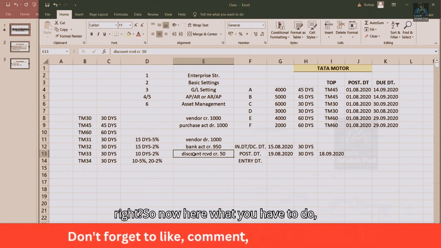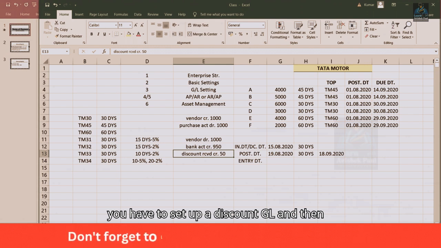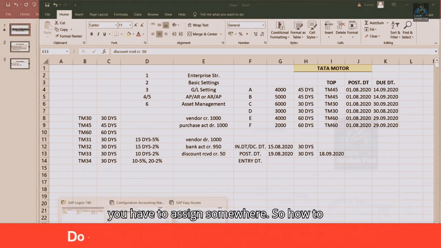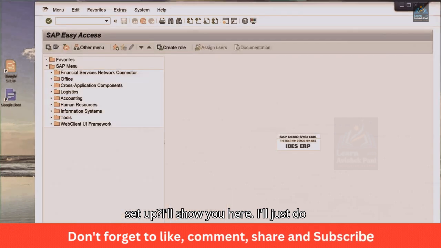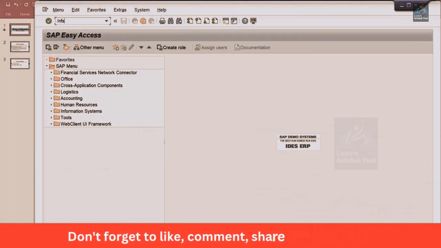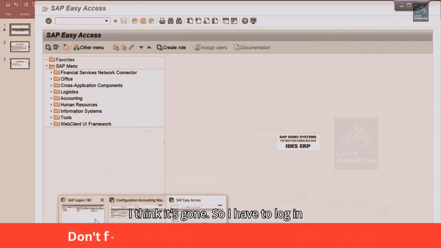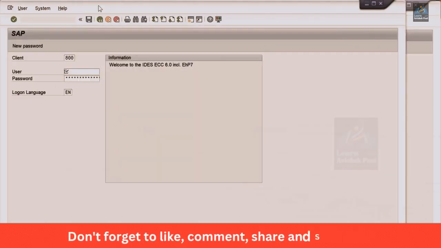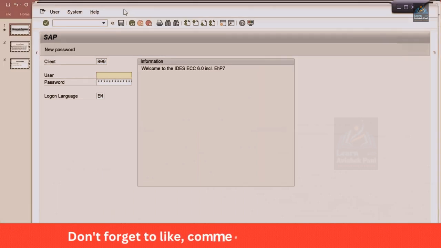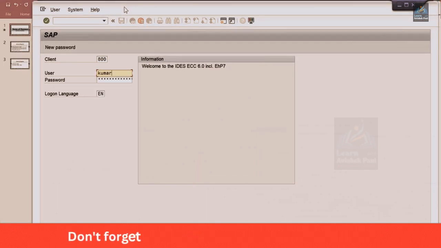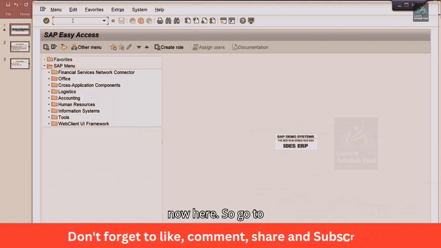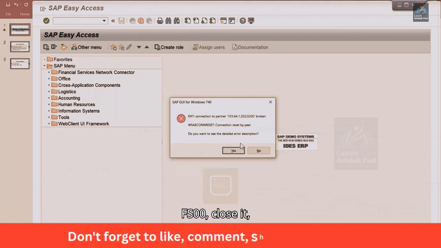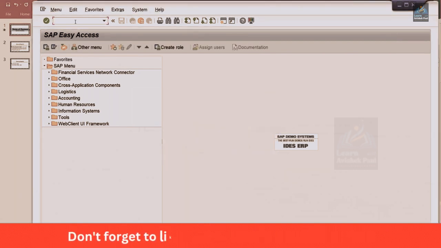Right? So now here, what you have to do is set up a discount GL and then assign it somewhere. So how to set up, I'll show you here. I'll just do one thing, guys. FS00. I think it's gone, so I have to log in once again. Now here, go to FS00. Let me close it. FS00,